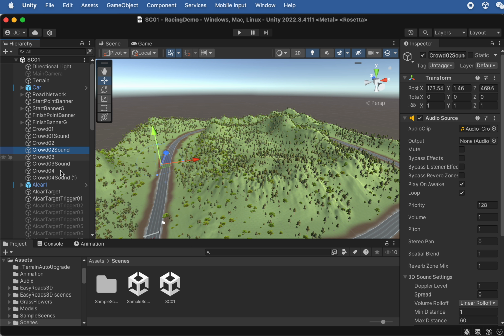Alright, class. In today's lesson, we're going to create buttons. So what's the use of a button? For example, when we finish the race, we enter the finish line. On the screen, a button will pop up that we can click to go back to the main menu or quit